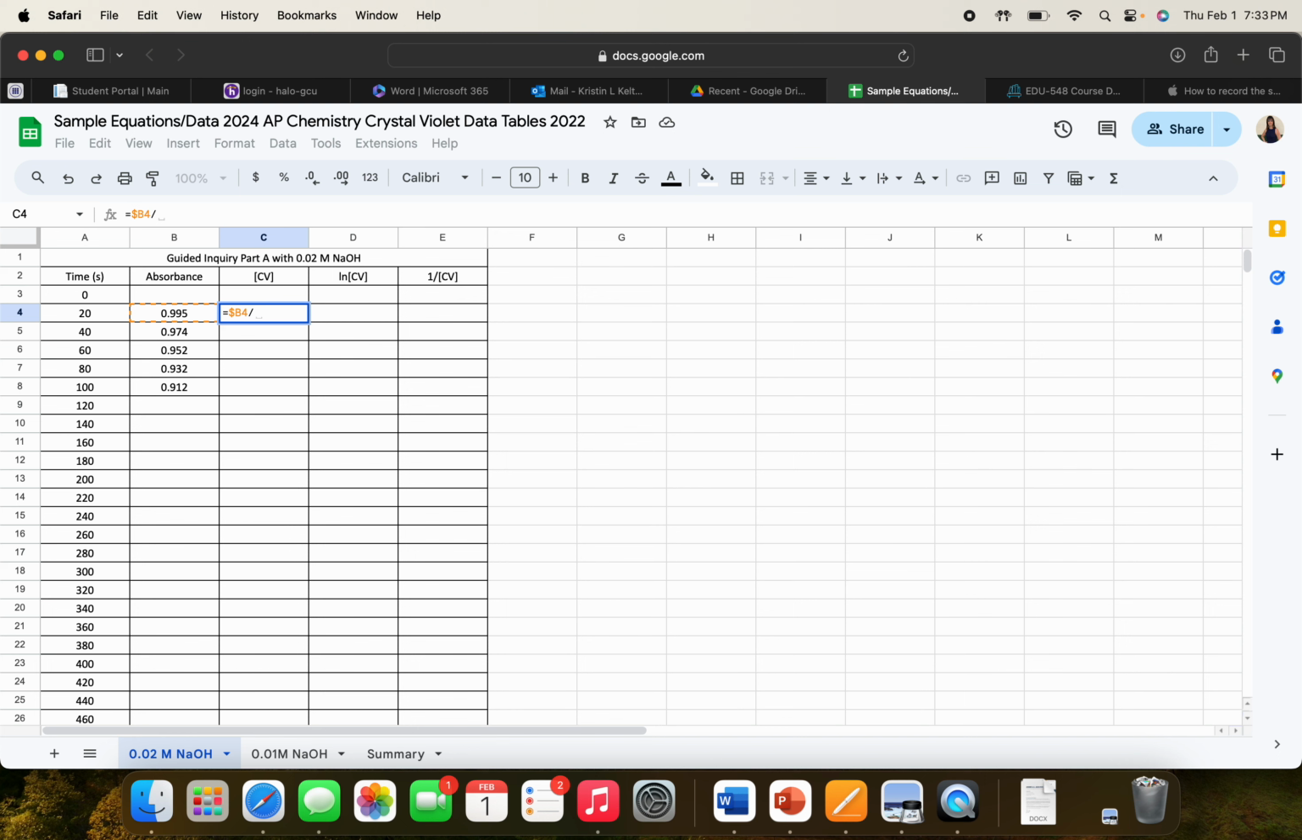And then put in your slope from your calibration curve from the first day. And when you hit equals, you get that. Now, sometimes it'll automatically populate, but I think it's because I've messed this up enough times it's not going to. Shocking, I know. So copy, paste, and now I can go ahead and do